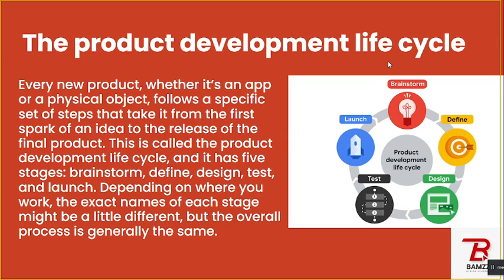So, product development life cycle. Every new product, whether it's an app or a physical object, follows a specific set of steps that take it from the first spark of an idea to the release of the final product. Like everything in this life, even a torchlight, someone actually thought, okay, we should have something called a torchlight. Then they started by brainstorming ideas, and then they created something, and that's the reason why we have torchlight